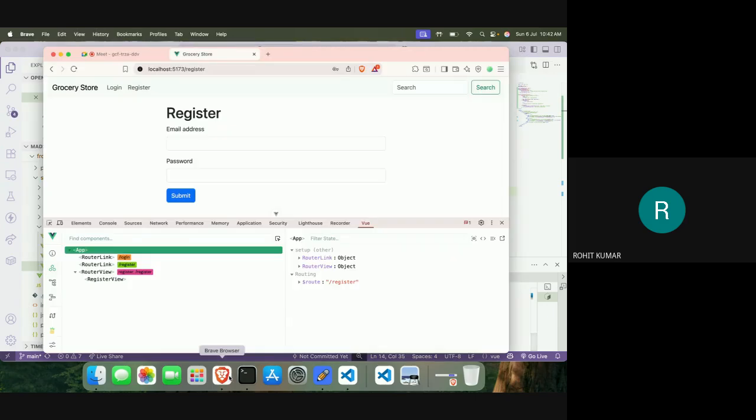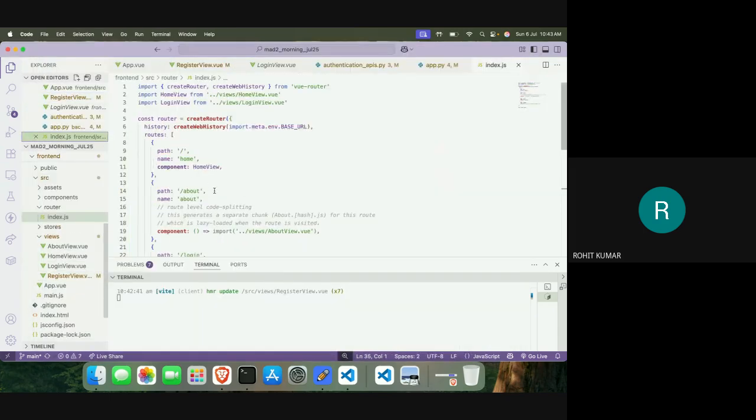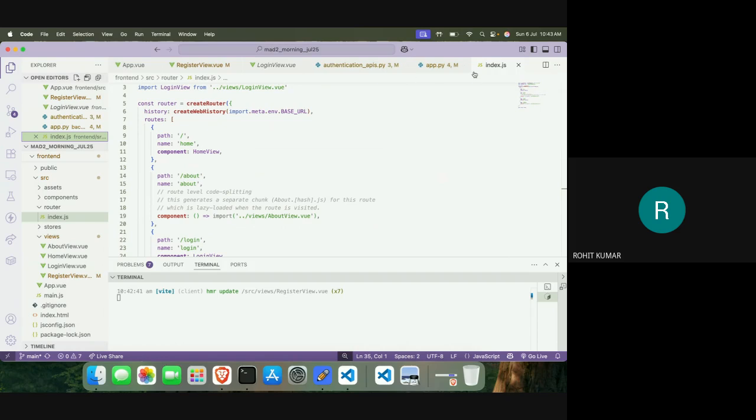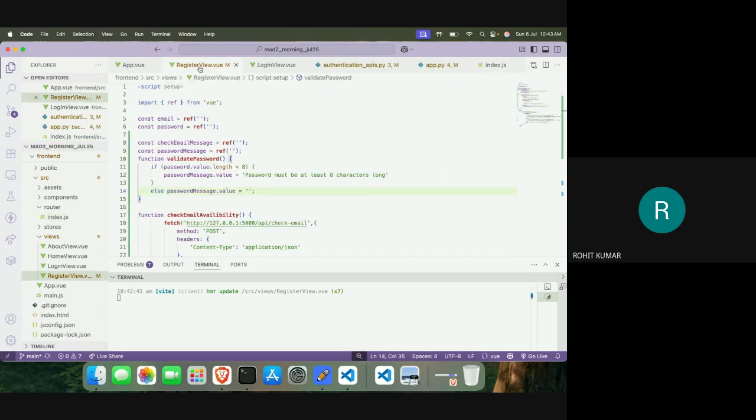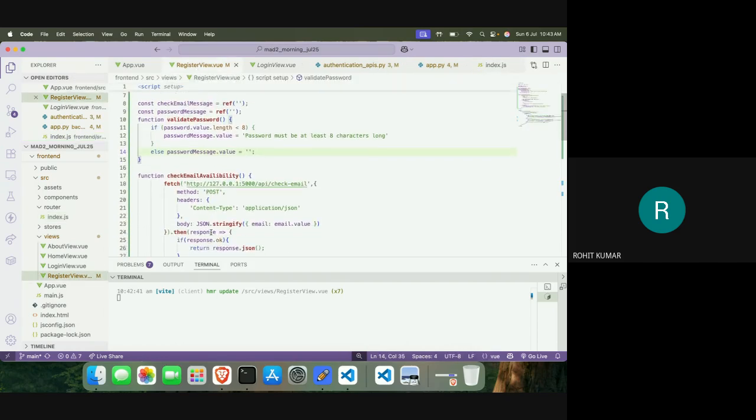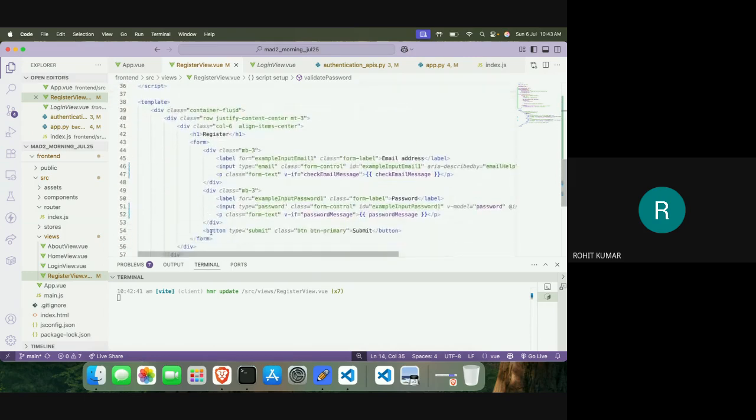So now if I make this change, as soon as I start typing and the password reaches 8 characters, the message will disappear. So these are the front-end validations which we are doing. With this, we have handled some front-end validations. Now, once all the validations which I want to impose on my input boxes are done,